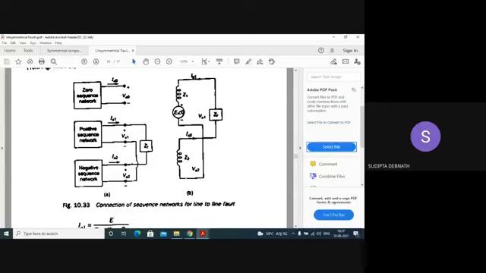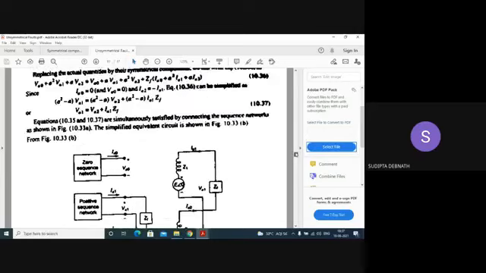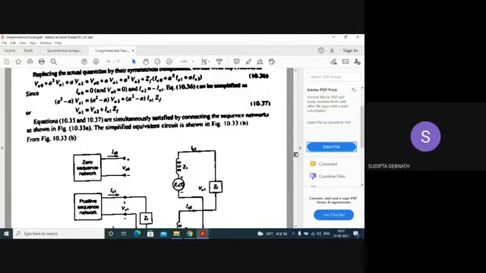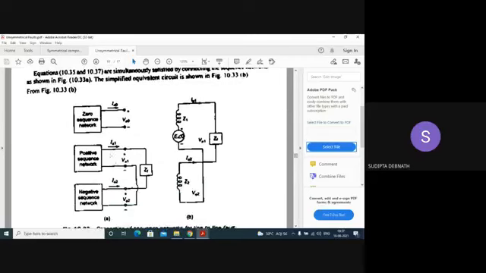The positive and negative sequence networks will be connected, but how? IA1 is not equal to IA2, but IA1 is equal to minus IA2. So if the current here is IA1, the current here will be IA2, so that IA1 plus IA2 equal to 0. One is leaving and they are both flowing through ZF from the terminal. So the connection is like this. Then only you can write IA1 equal to minus IA2. Is it clear?